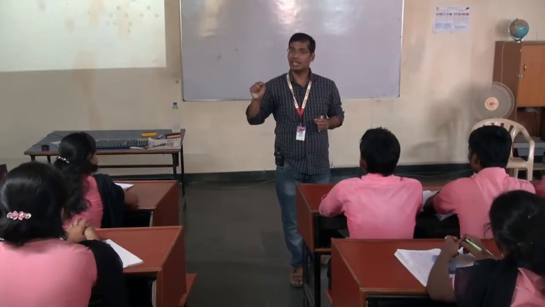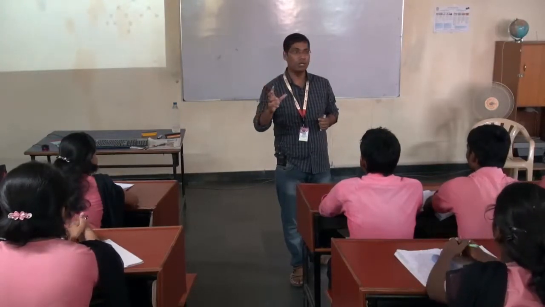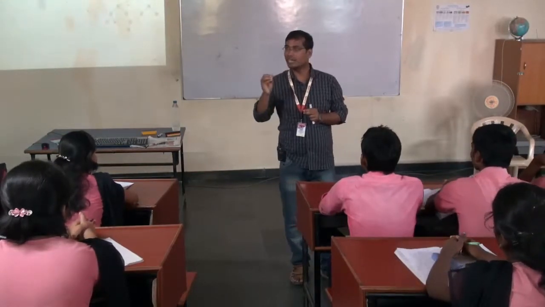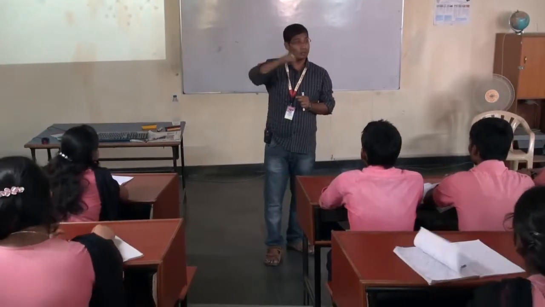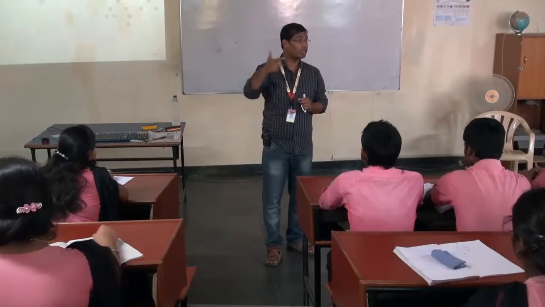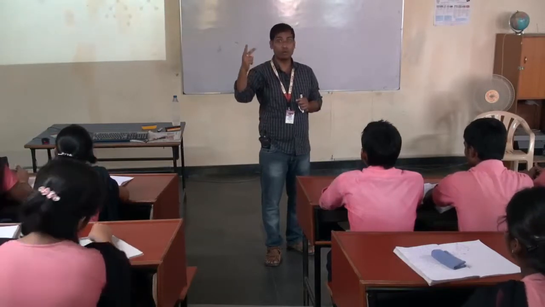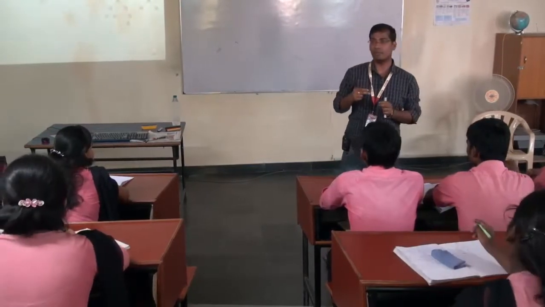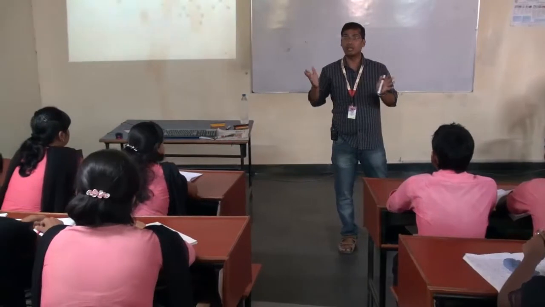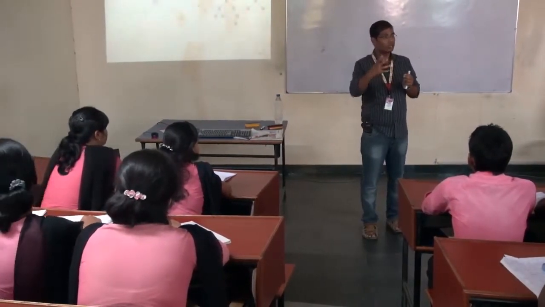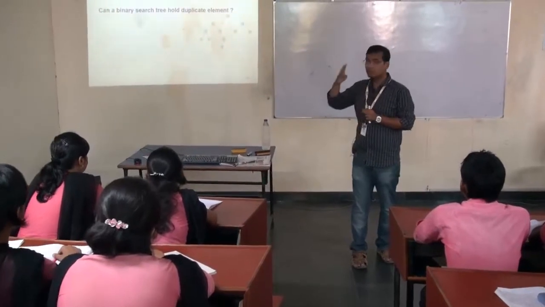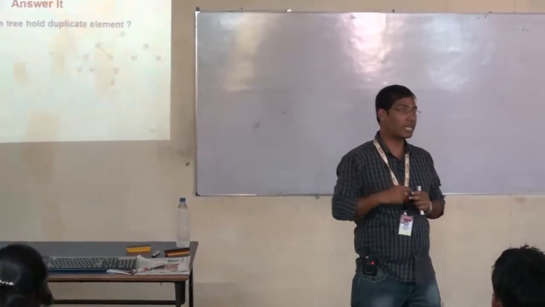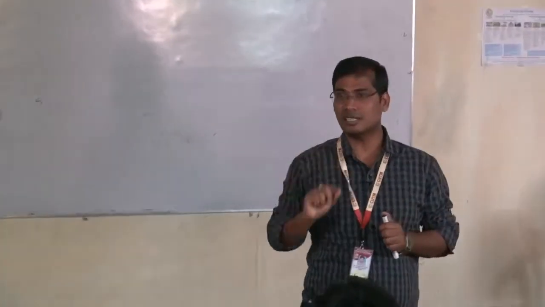The BST can also hold duplicate values, but we need to change the definition slightly. According to the current definition, we cannot store two duplicate values, but BST can allow. So what are the necessary changes we have to make so that BST can also hold duplicate values, so that I can store two 15s, five 7s, two 4s. Duplicate values I can store. So what are the changes?